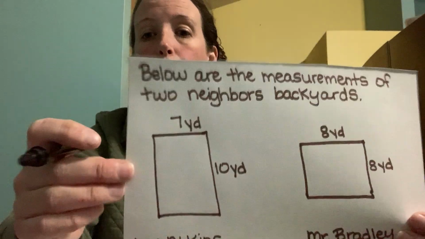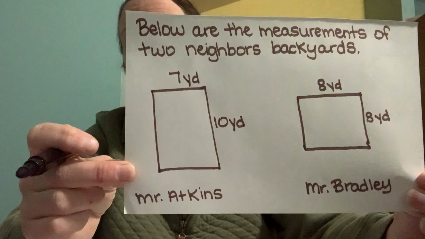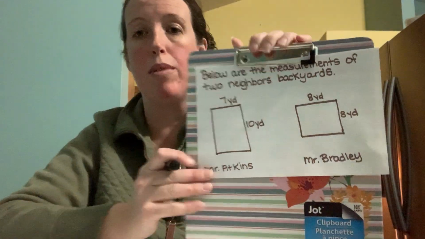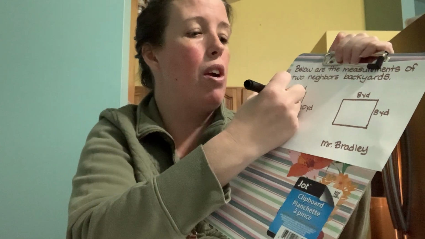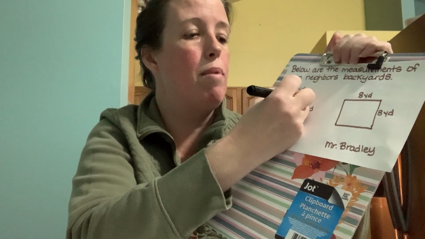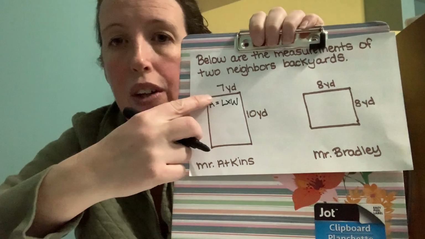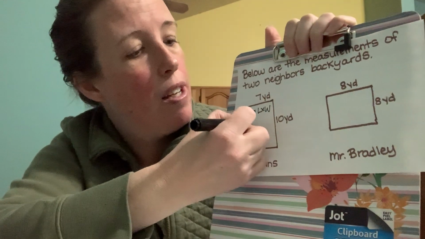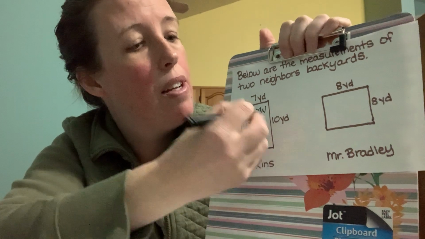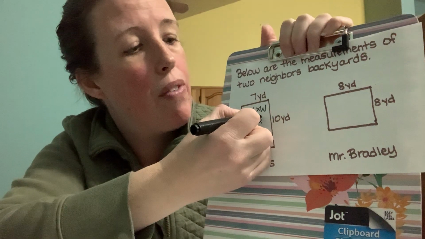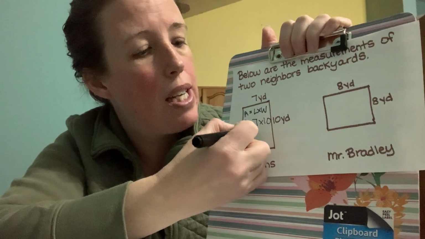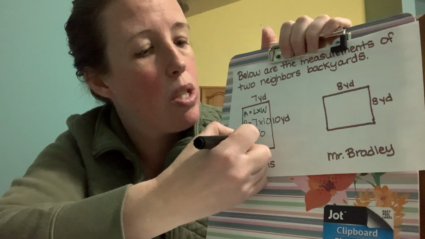And I know the formula for area is length times width. So I need to first find the area of both yards. So I'm gonna write my formula. I rewrite it every single time to start. So here, area equals length times width. And I have a length of 7 yards. So area equals 7, and then a width of 10 yards. So 7 times 10, which means it has an area of 70 square yards